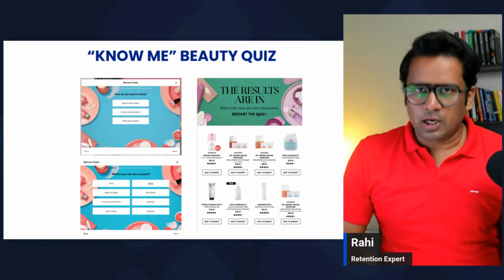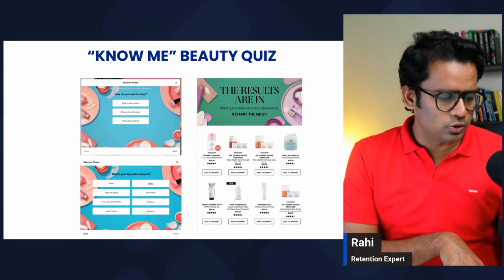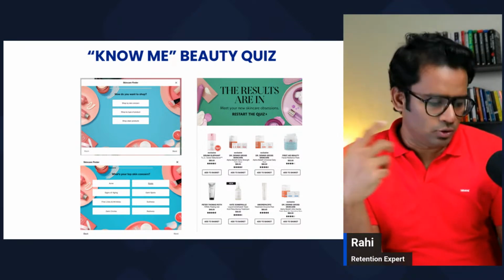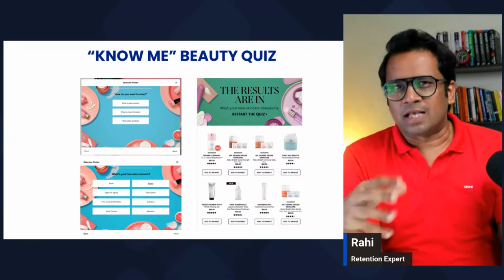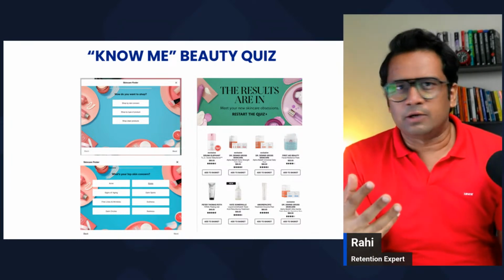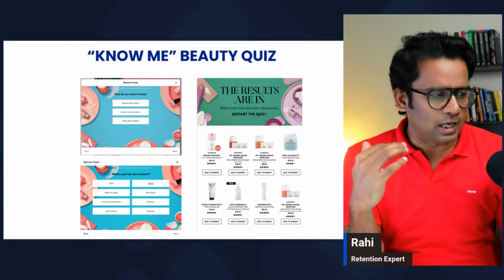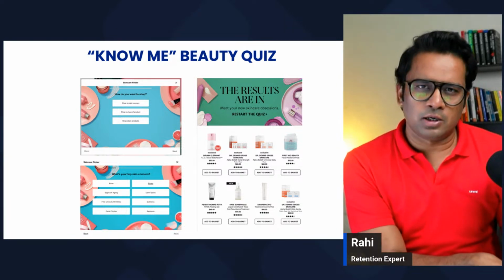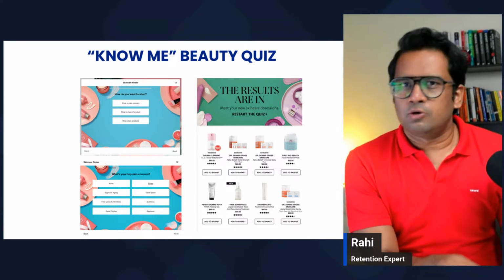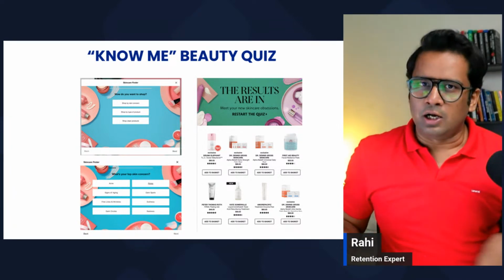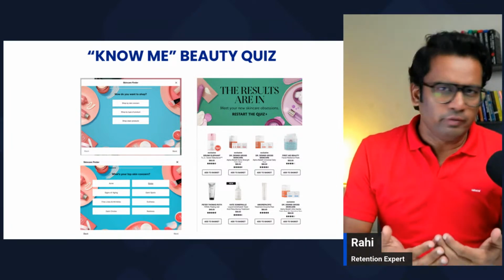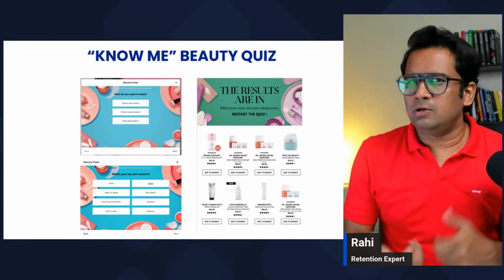For Sephora specifically, they are running a beauty quiz on their website. That's a part of Know Me. They do a fantastic job of asking a lot of questions, and it's not upfront, where you go on the website and get 20 questions. It's nothing like that. At every step, if you talk to the customer care bot, there will be some queries. If you go on the website, there will be a quiz. If you go on their loyalty program, there will be some questions. So it's never to overrun the user or ask too many questions.